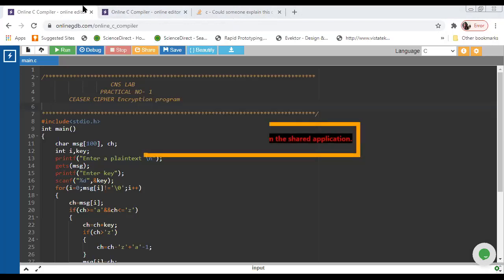Okay, so today we have a program. We have a Caesar cipher program as well.